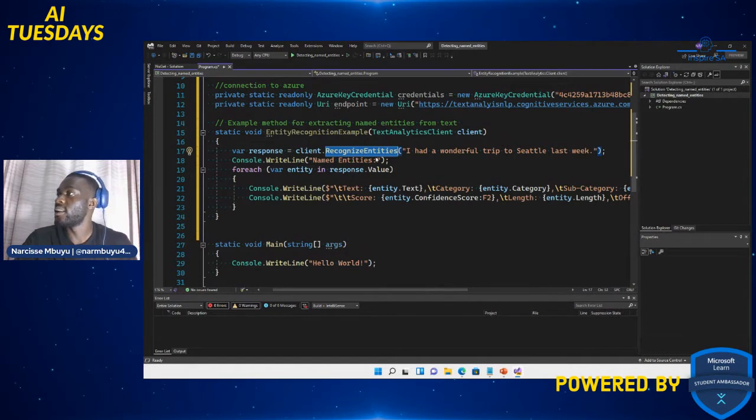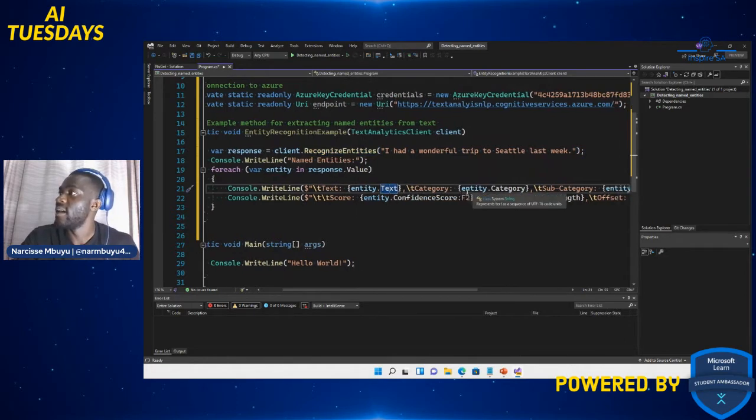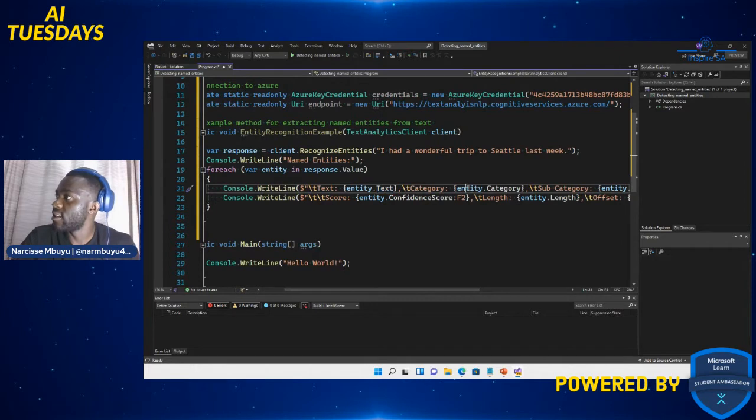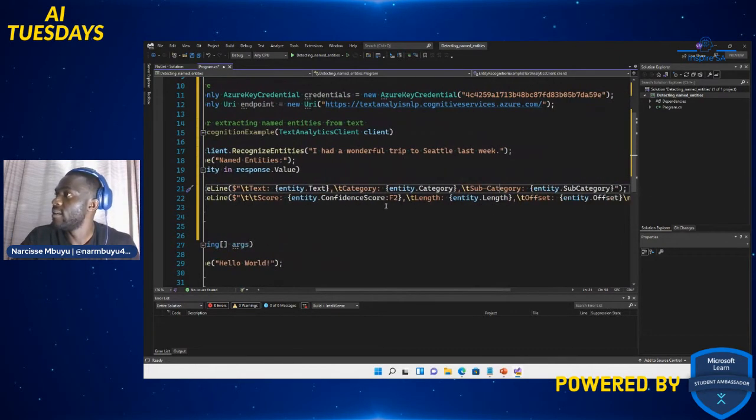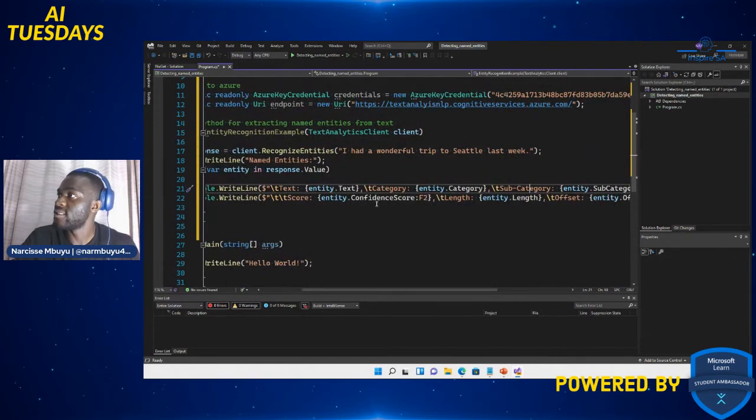So Console.WriteLine Named Entities, and that's the header. And then for each entity that is found in this statement from client.RecognizeEntities, we're gonna output Console.WriteLine entity.Text, right? And then we're going to output the category, and the subcategory that the entity is found in.